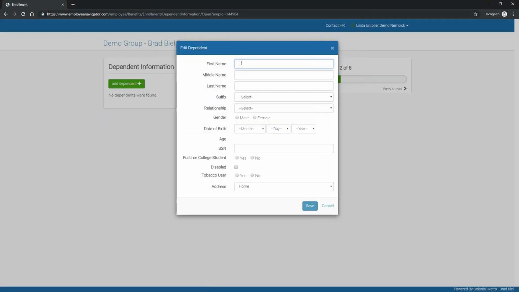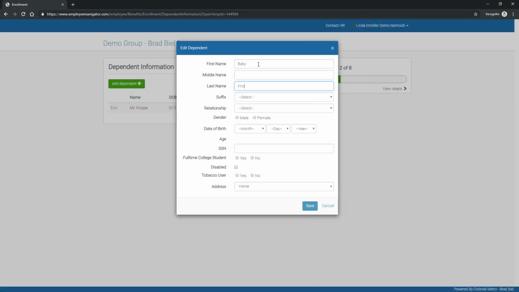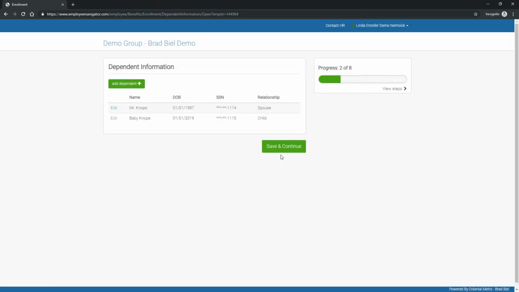Let's add in a dependent or two. Mr. Nope. Keep things interesting during the actual enrollment. Sure. Save, great. And let's add in baby Nope. Brand new baby Nope, who's not in college yet. Okay. Gotten through the basics. The employee's